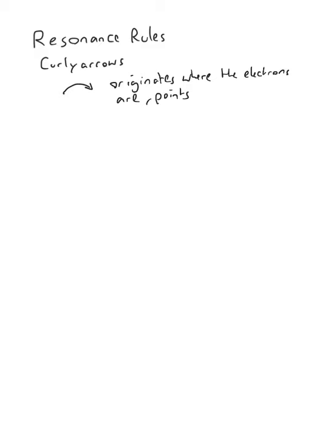Okay, the rules of resonance. Before we get into the rules of resonance, we need to go over curly arrows. Now, we will deal with them a lot more, but they look like this. It is literally a curved arrow, and the convention is that the arrow originates where the electrons are and points to where they are going